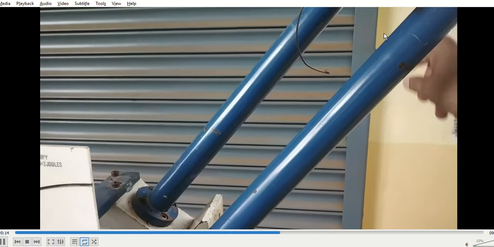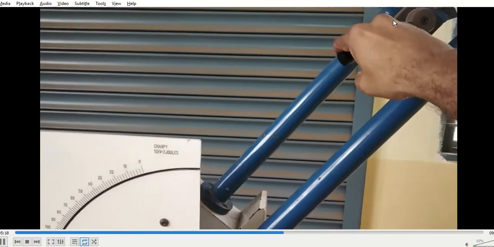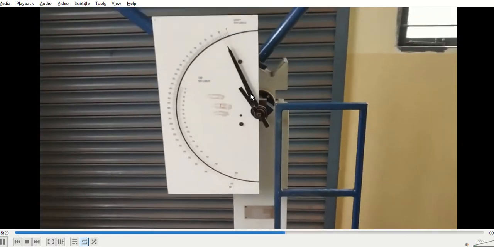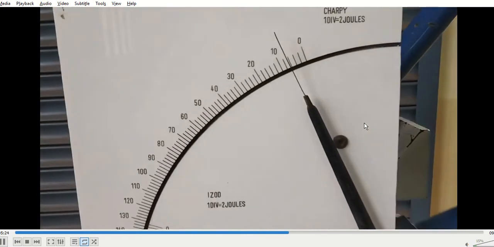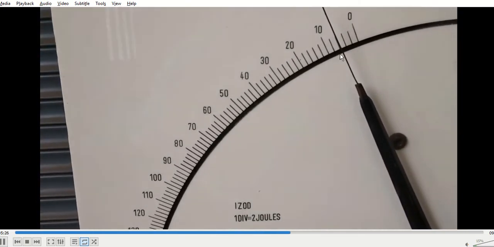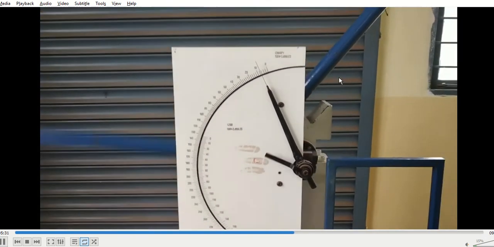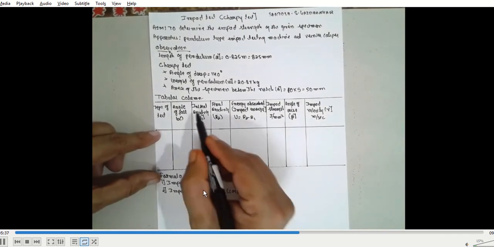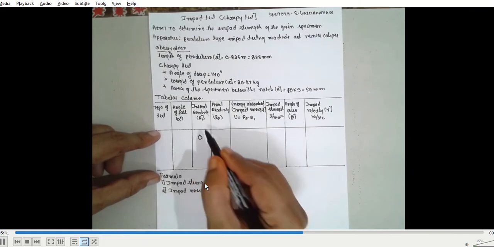The pendulum is fixed at 140 degrees. We are releasing the lock, and once you pull this lever, yes, it will break the specimen. To break it, some energy is utilized, and that energy is 1, 2, 3 divisions into 2 joules. Each division is 2 joules. That is 6 joules is the reading for this test. So we have to note down the value. So that is the experimental setup for a Charpy test.